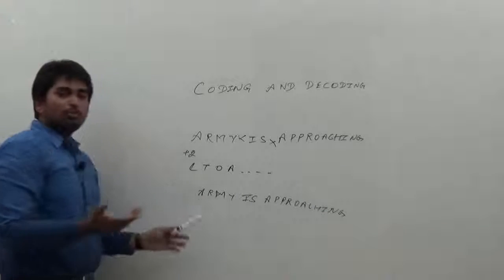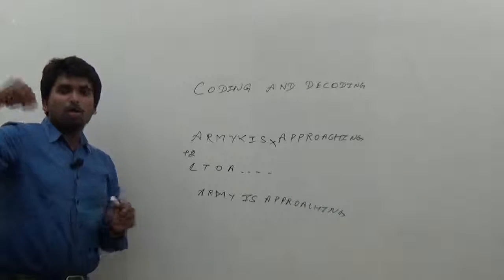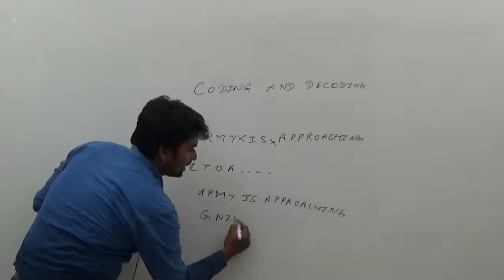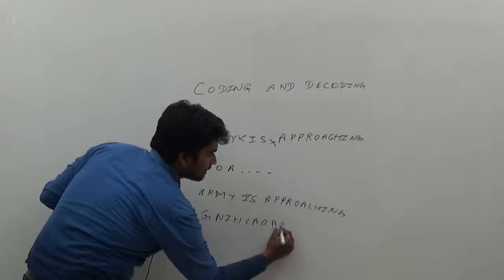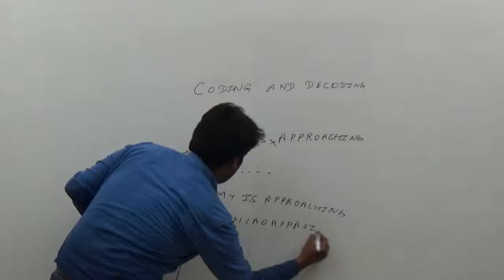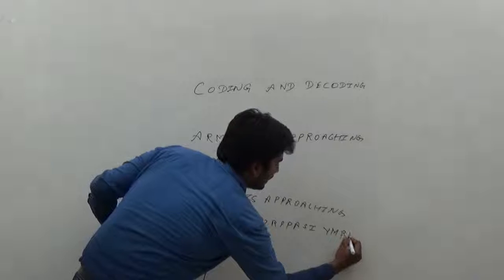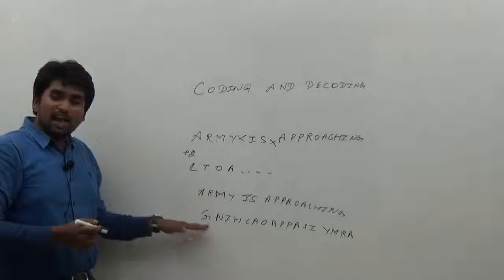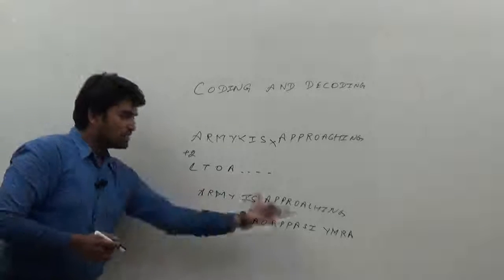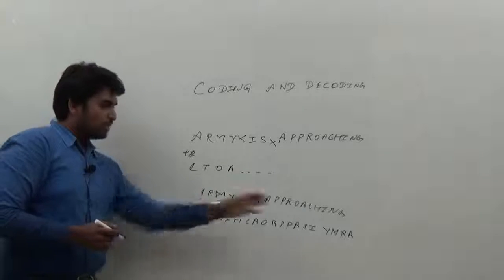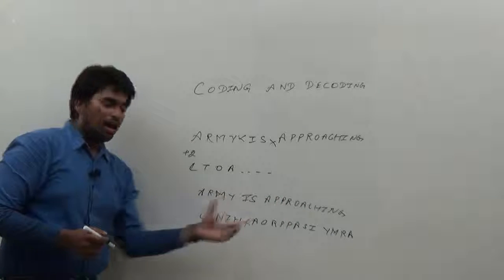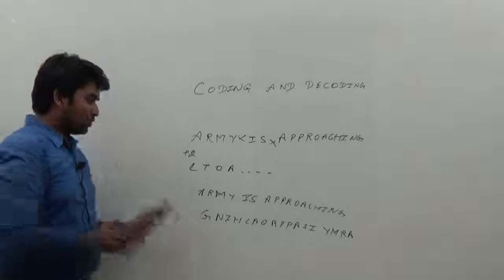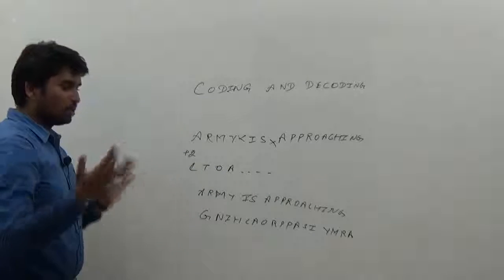Now if I have to make it really difficult so that people take a lot of time to crack it, I just have to reverse it. GNIHCAORPPASIYMRA. Even if I just say this, that becomes a code. Reversing a string, you are reversing a particular series of alphabets, and this becomes again a code. So you have to write it in order, then think over it, okay, reversal of it.